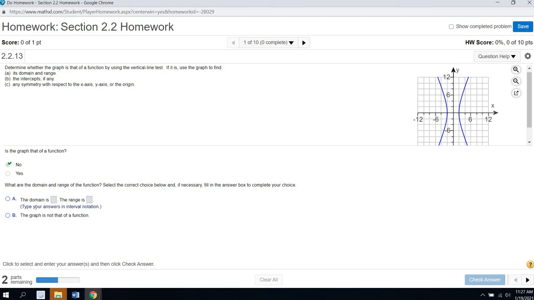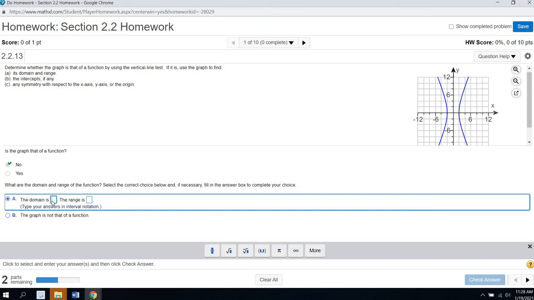So notice it says here, type your answers in interval notation. So what's the domain look like? Well, the domain is all the x's, and these lines go on forever, right? So the domain of the function is from -infinity. Now, how are we going to get that infinity symbol? Right down here. So follow my cursor. I'll put it up here, and then I'll come down to this bottom, -infinity, comma, and it goes all the